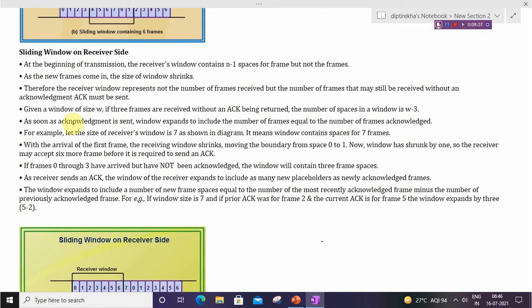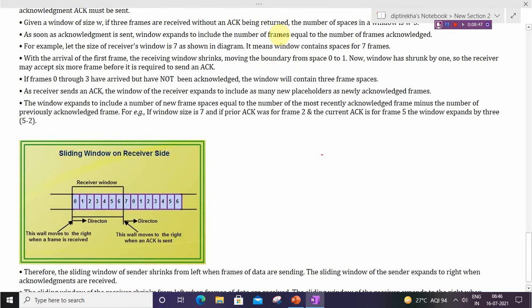Now let us understand it through an example. If the size of the receiver window is 7, as shown in the diagram, it means the window contains space for 7 frames. 0 to 6 means it can store 7 frames.